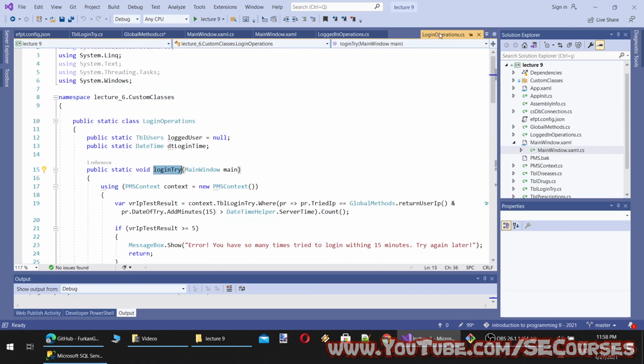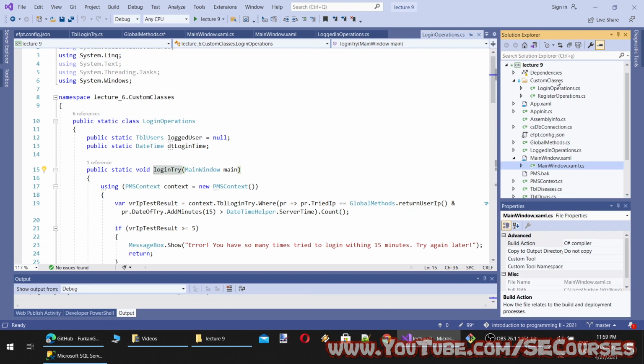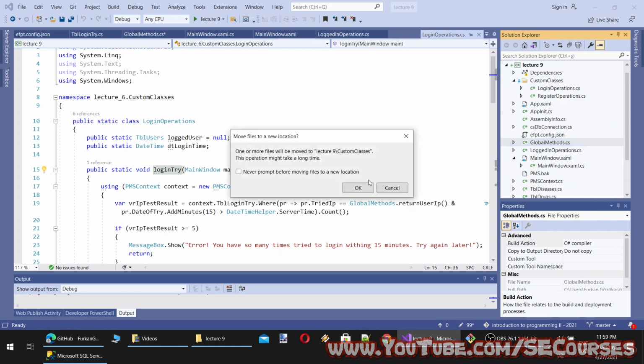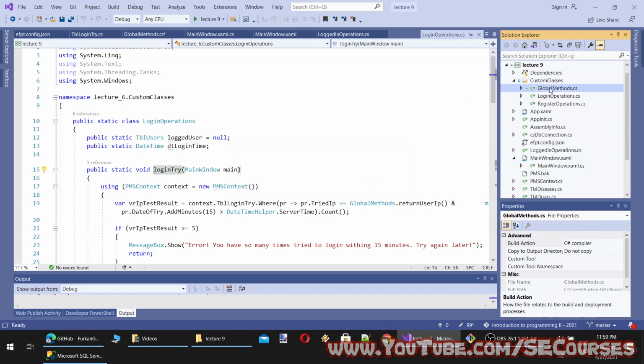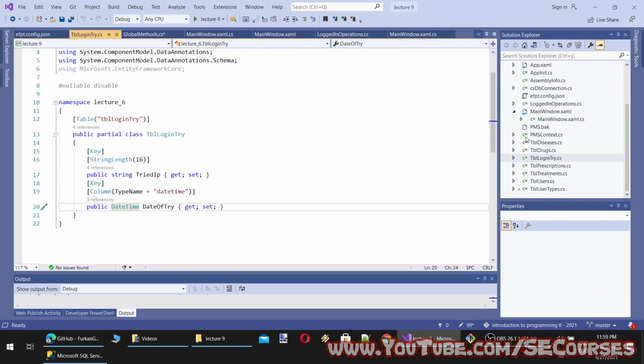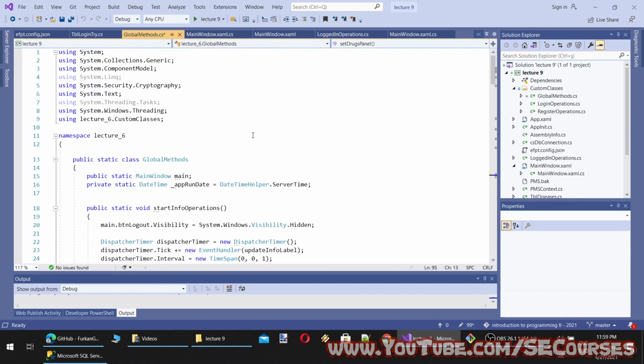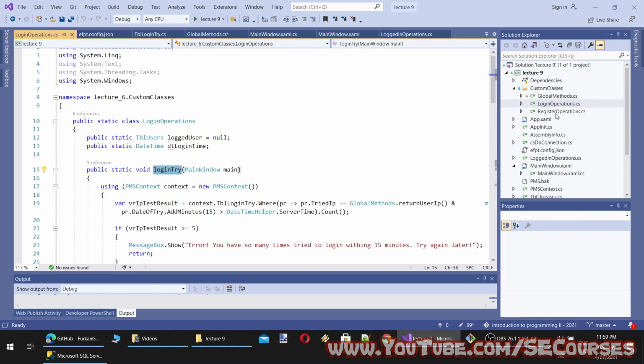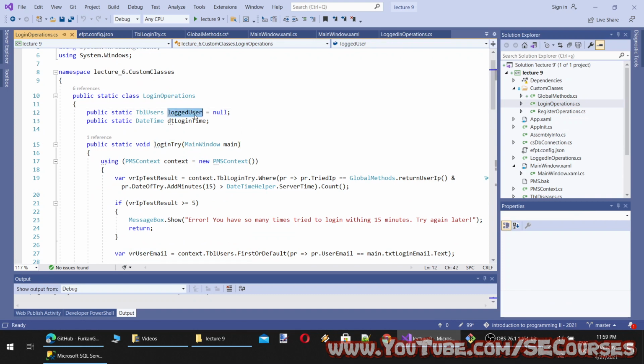So this is inside login operations, and login operations is here. So I think I will move this to global methods. We have login try, no, this is a user generated class. Okay, and in the login operations, we keep the logged in user here.